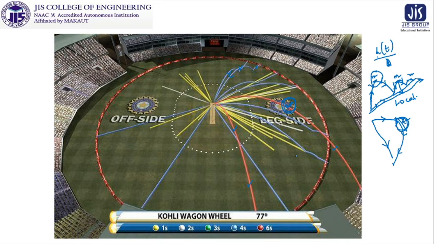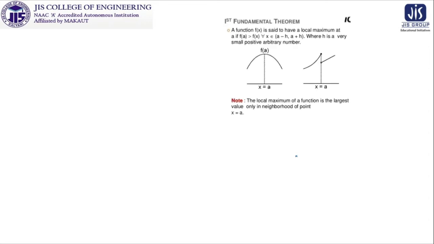Now proceeding further, the first fundamental theorem for a function of a single variable tells us that a function f(x) is said to have a local maxima. Please try to understand the term local maxima. It is known to you, but as it is our first class, I will synchronize this idea with the several variable concept. So we have a local maxima if f(a) is greater than f(x). All these are x, and this is x equal to a, this point.